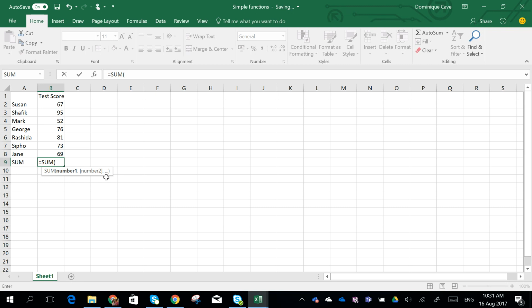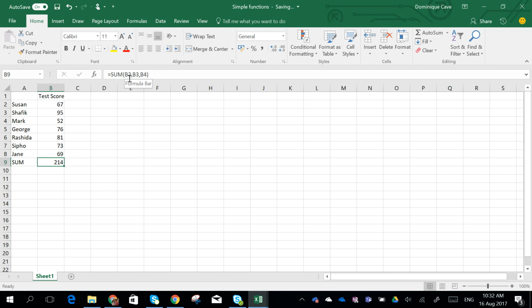So if we wanted to add up the numbers in column B, we could say B2, comma, B3, comma, B4, comma, etc., until we were finished, and then we would close the bracket. And those numbers would be added for us, B2, B3, and B4. Note that there is no plus sign inside the brackets. If you put plus signs inside brackets, it will work in Excel, but you will be marked wrong by the